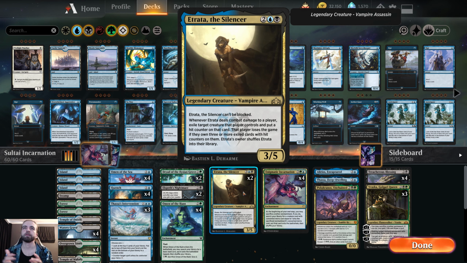And what's great about this is she goes into library during combat, so she goes in before the end step when Enigmatic Incarnation checks for an enchantment to then sacrifice and get her out of the library. So you can, with a single Etrata the Silencer, I feature 2 in the deck just for some consistency, you're able to keep her hitting every turn so long as you can feed those enchantments in. And so that really encouraged me to then